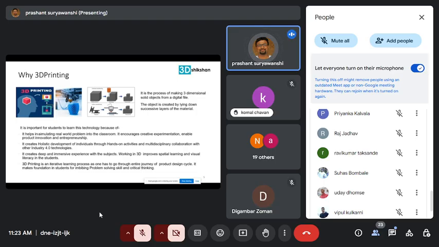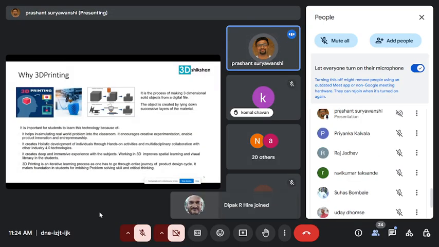And based on the application of 3D printing, like automotive or electronics, you again need multi-domain skill sets. So if you are combining this technology and you are proficient in this, it is definitely going to make our students holistically developed, I would say.